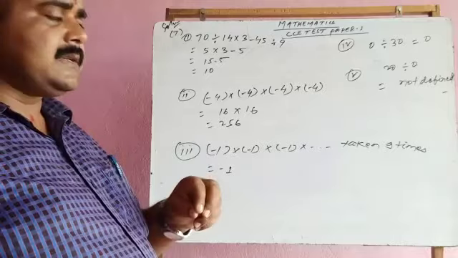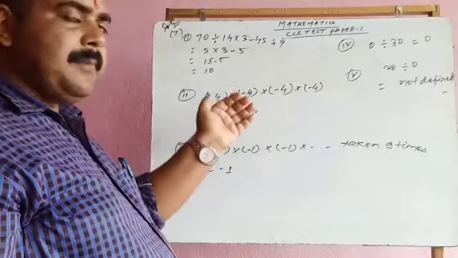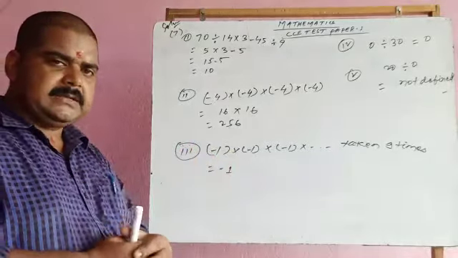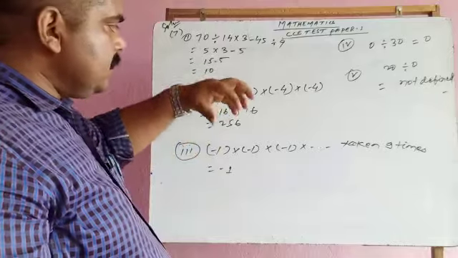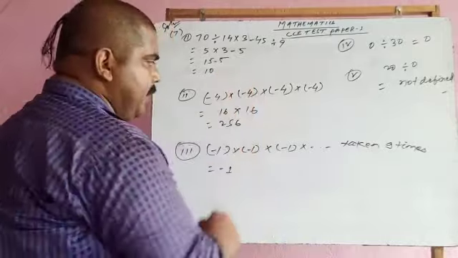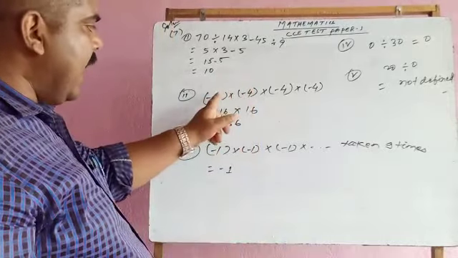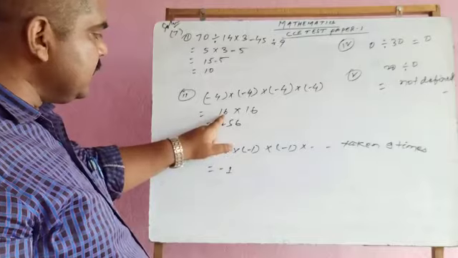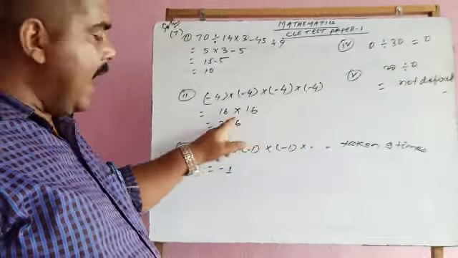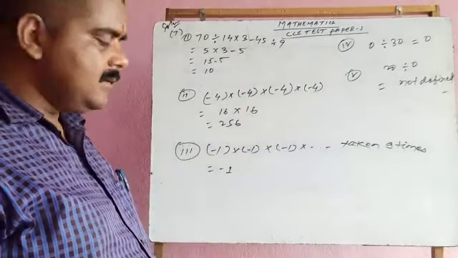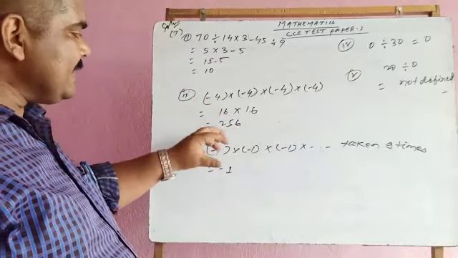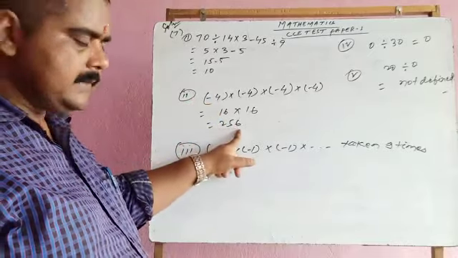The second question is very classical. Minus 4 is multiplied by minus 4, 4 times. My dear students, you have to just group it. If you take a group of 2 of these numbers, minus 4 multiplied by minus 4, minus minus is plus, and 4 fours are 16. So we get 16. Similarly, minus 4 multiplied by minus 4 is 16. And when 16 is multiplied by 16, the result is 256. So its result is 256.